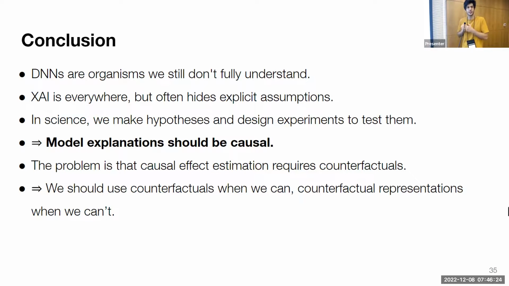So we can take the scientific process and make hypotheses, design experiments that test those hypotheses. I think for this reason, and from a high-level intuitive thought, model explanation is a causal estimation problem. And in fact, it's a relatively easier causal estimation problem because there's a lot in our toolbox that we can do because we can manipulate the organism that we care about. So to answer this problem, we often need counterfactuals. But even if we don't have them, we can still imagine interventions on the representation space such that we can still compute approximates for those counterfactual quantities.